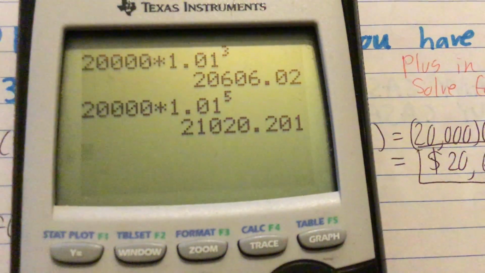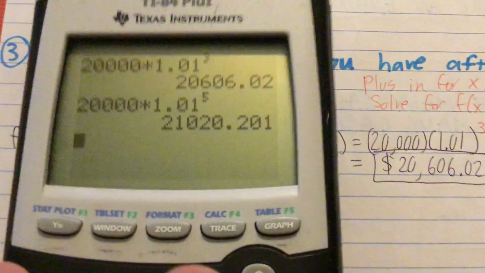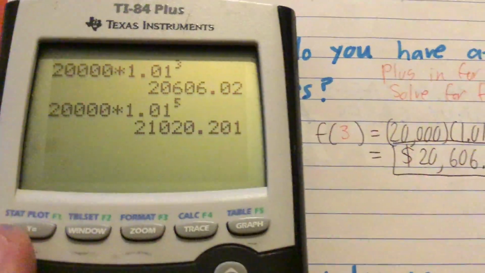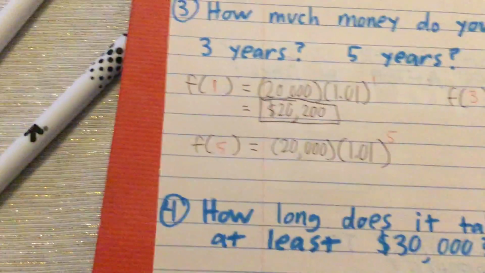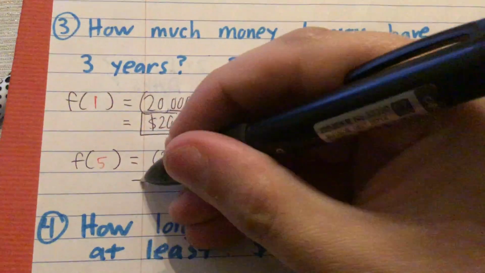So that'd be $21,020, and let's round to the nearest 2 decimal places. So $21,020.20. That's a lot of 20s. So that would be